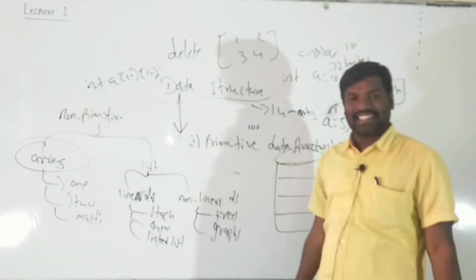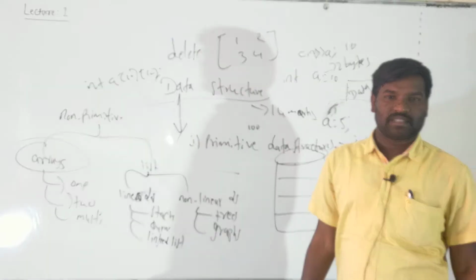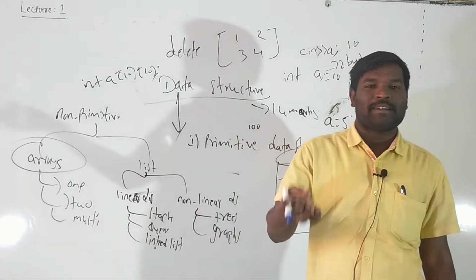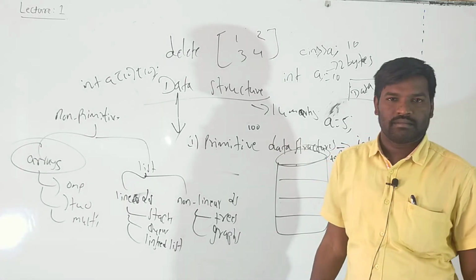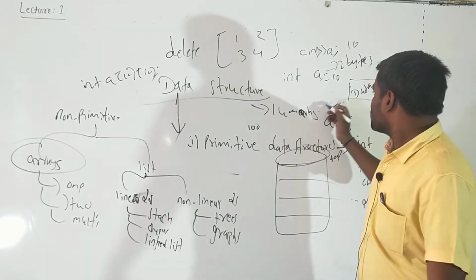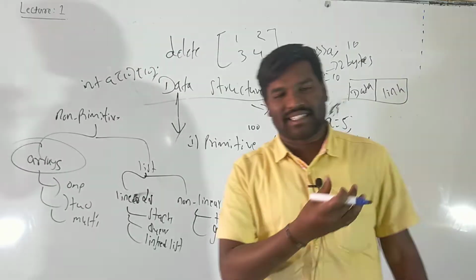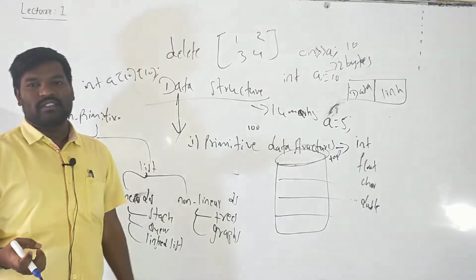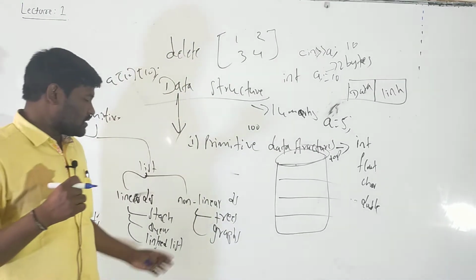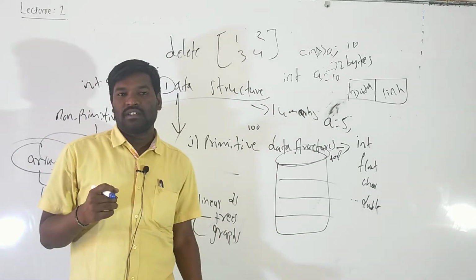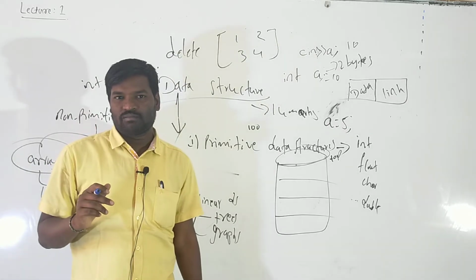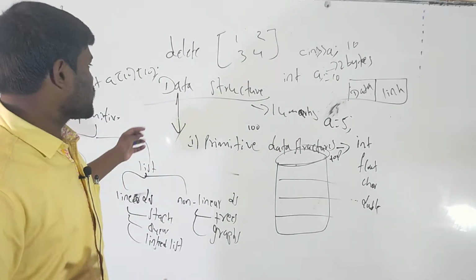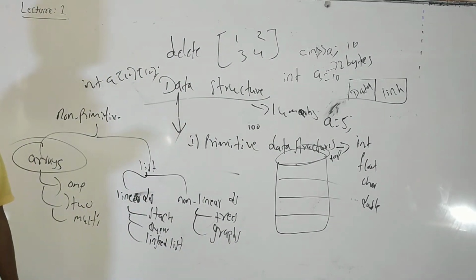And non-linear data structure consists of trees and graphs. Here trees means the elements can be arranged in a proper hierarchy. Like a tree structure, we have to insert the elements and it can be implemented with the help of data structure only. Graphs are a collection of vertices and edges. Okay, so this is completely the overview of the data structure.